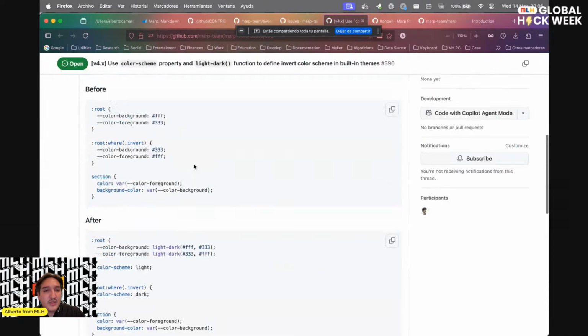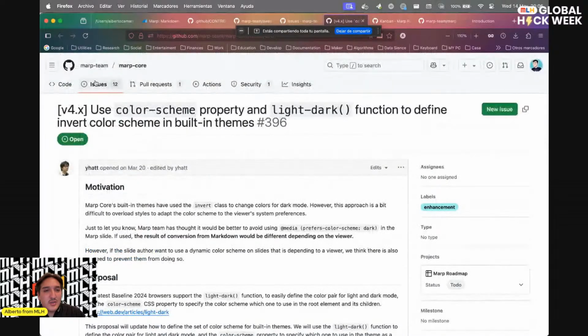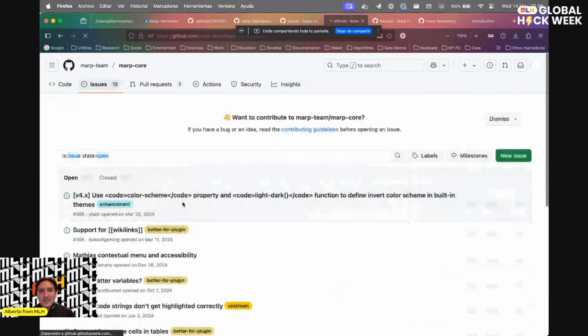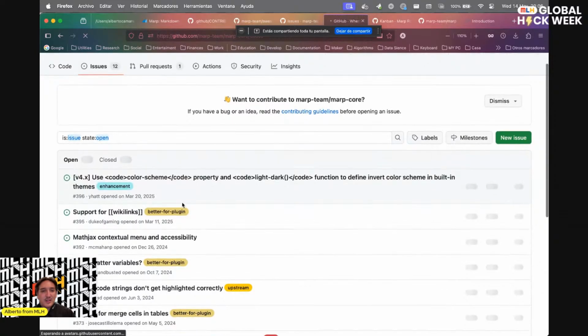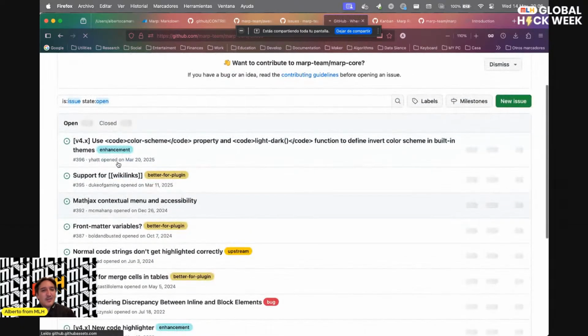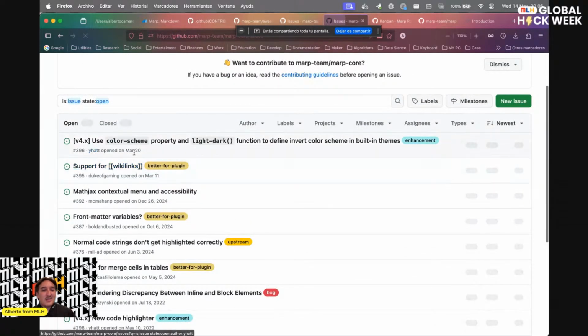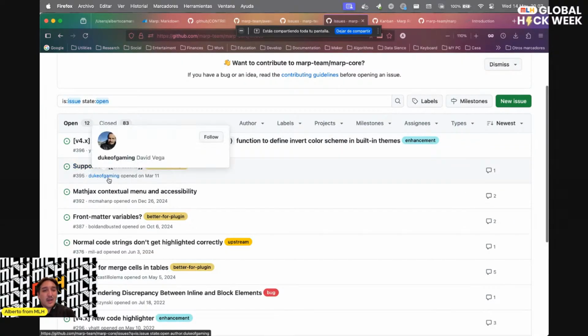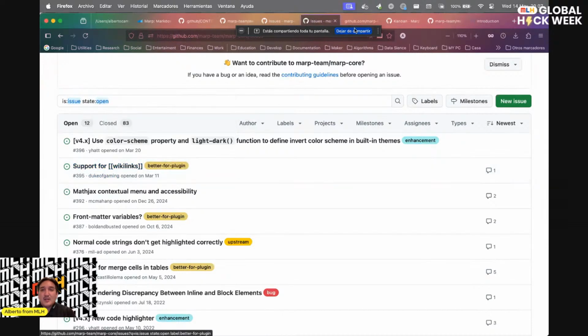So let's go back to the issues to see what else is coming up here, and if the author is the only one opening issues. Now, for example, this was opened by Jad on March 20, but on March 11, it has another thing from Duke of Gaming saying support for weak links. Weak links,